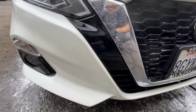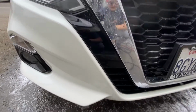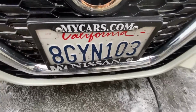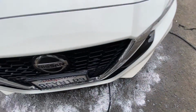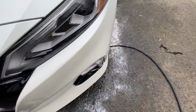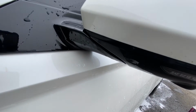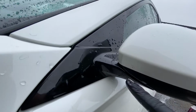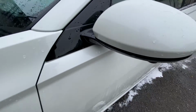By this time, you should be able to inspect your vehicle, see if there's any bugs left, and if there is, see if I can find anything. There's always going to be bugs on the license plate, but I'm going to take those off later. Some of these are rock chips. So if you see bugs like these, make sure you can rub it off. If you can't rub it off,